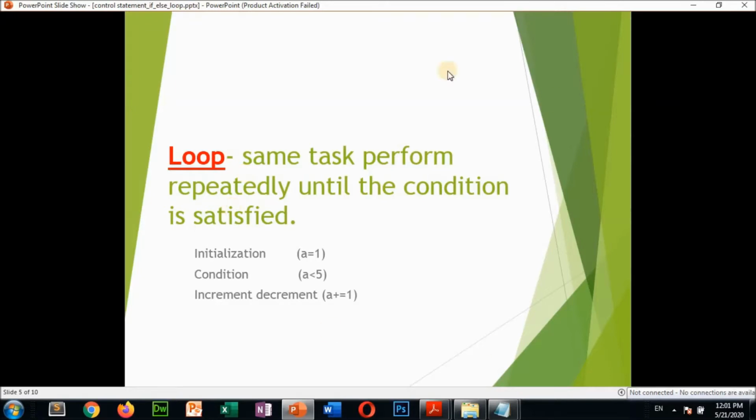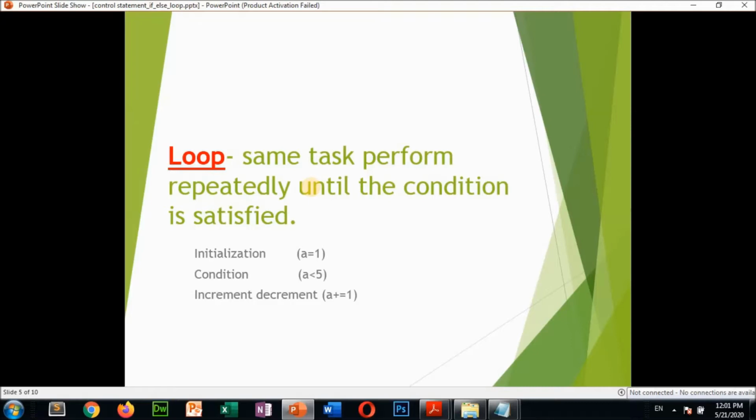In looping you will get three things. One is initialization, that means where the loop has to start. So a is the variable there, and into that variable I am assigning a value, that is 1. Now the value of a is 1, that means initially we start from 1. Suppose you started studying in our school from class 1, that is your initial class.